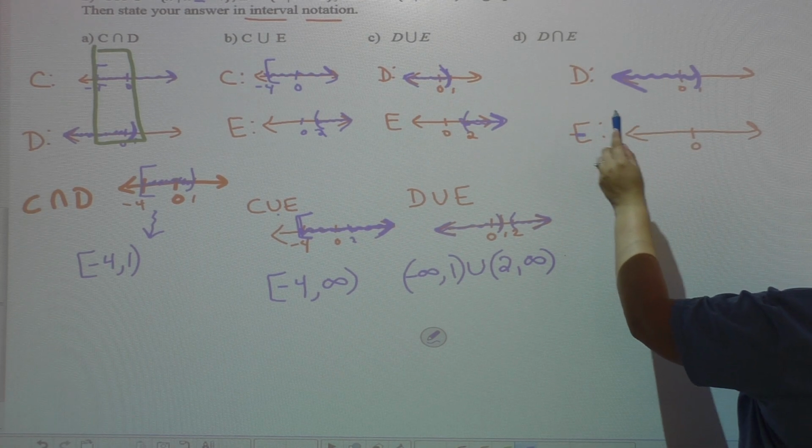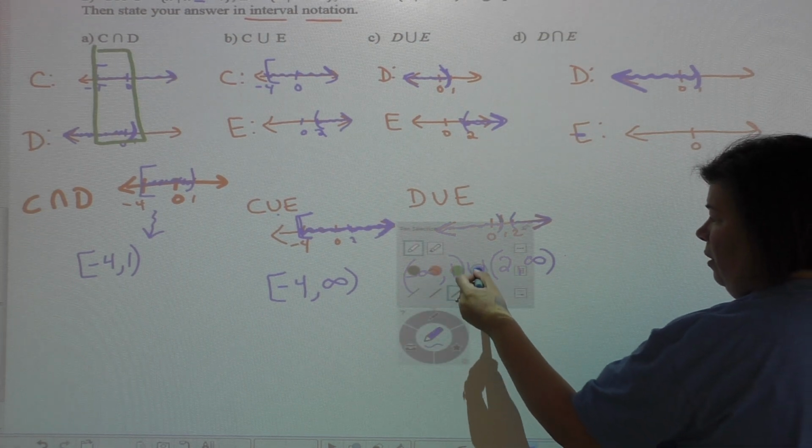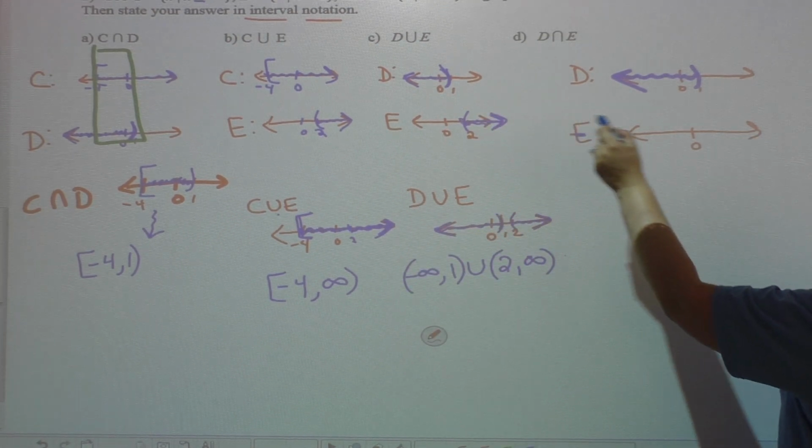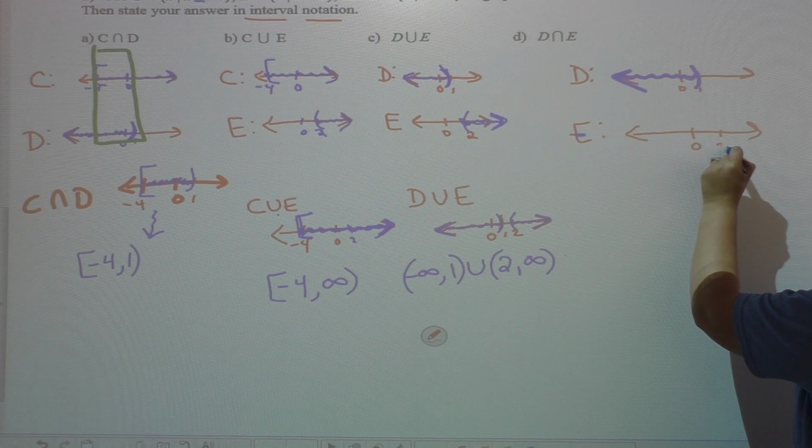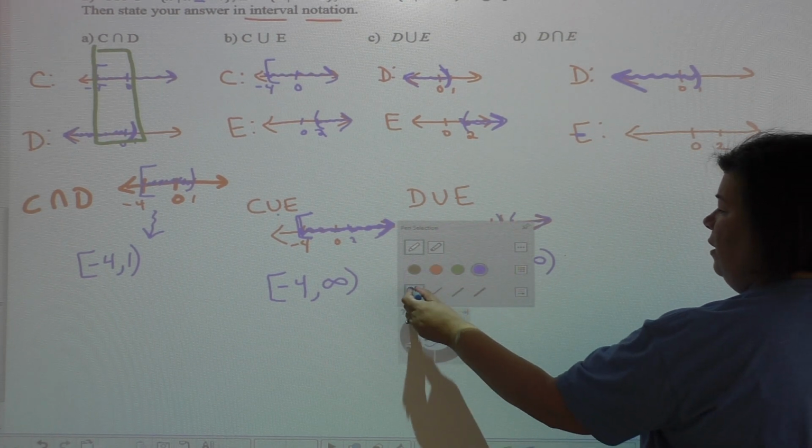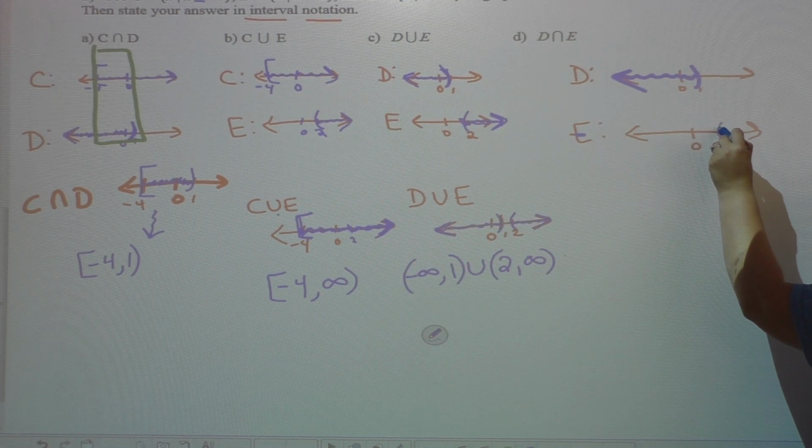And for set E, again, I want to align my numbers. So for set E, here's 1. That means 2 is somewhere over here. And all of my values greater than 2, but not including 2,